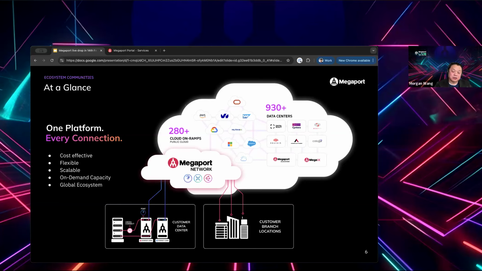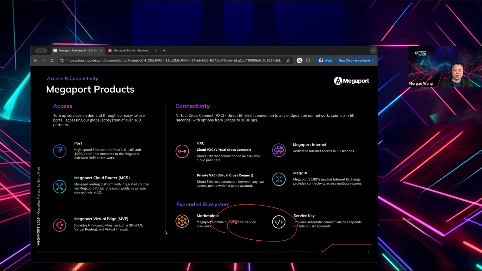Across the Megaport offering, we now categorize our products into two different categories. One is access service, which is basically where customers can initiate their connectivity from. At the beginning of Megaport, we only existed in data centers, and customers only consumed our services from a data center.